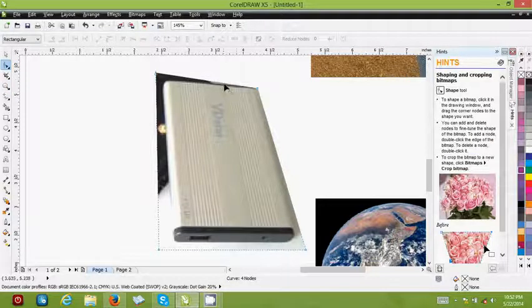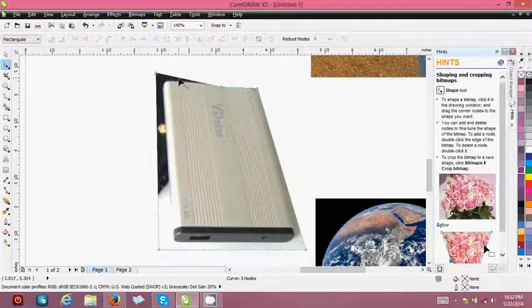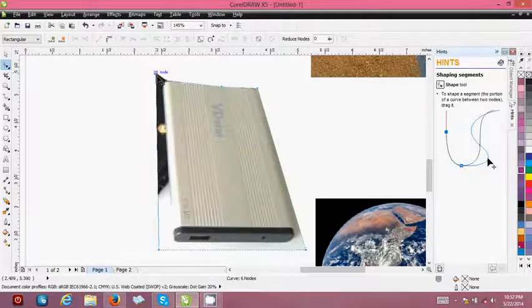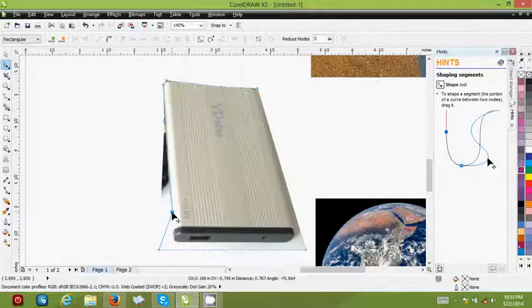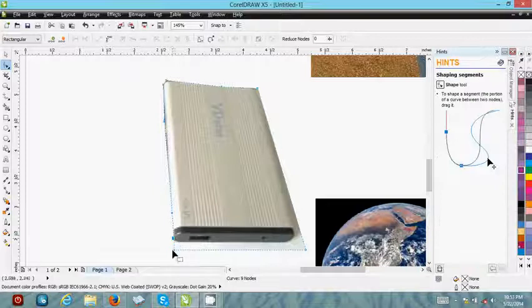Click on my shape tool again, start shaping, double click 1, 2, then drag to cover it, 1, 2 here, then drag again so that it looks curved a little bit, drag again, then drag again here, then double click here because drag, double click, so that it's not going too long, double click